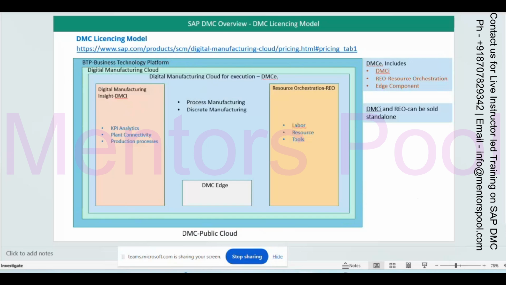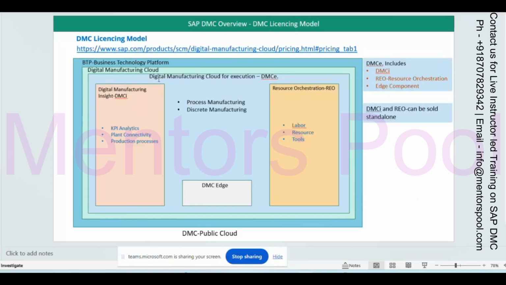Inside that you can see there is Digital Manufacturing. This is Digital Manufacturing, and inside it there is DMCI, as we used to say, and there is Resource Orchestration, RIO.